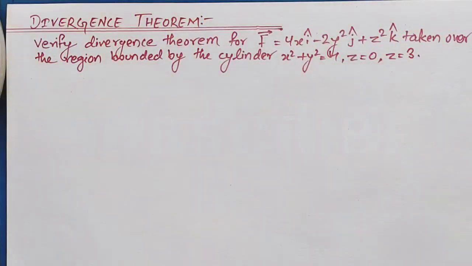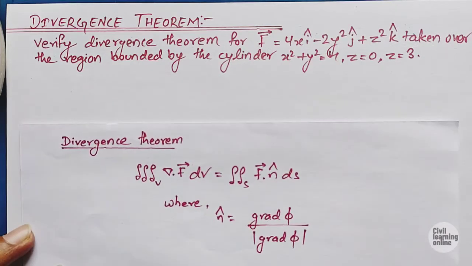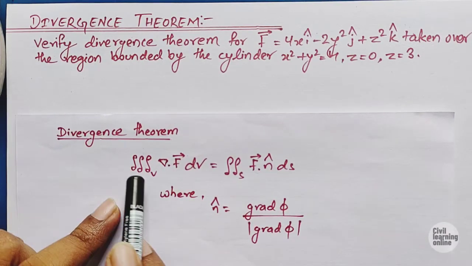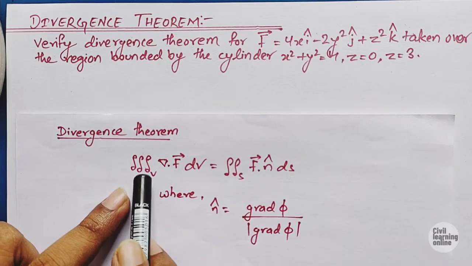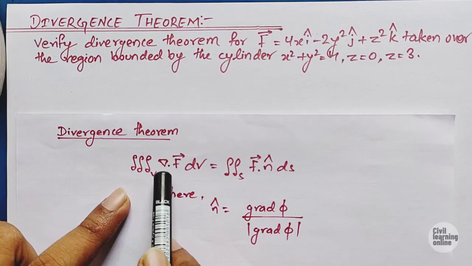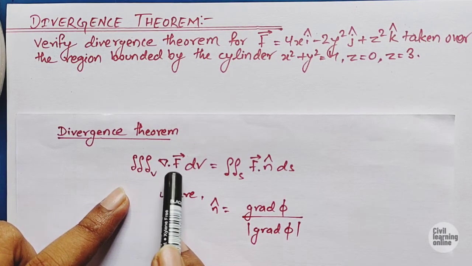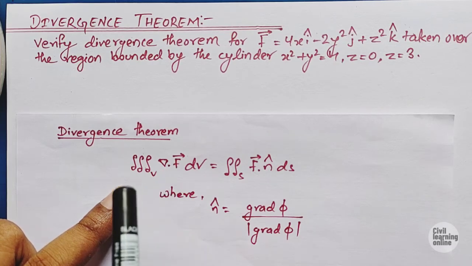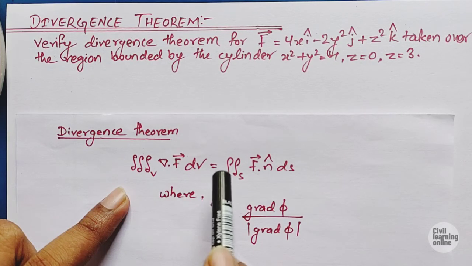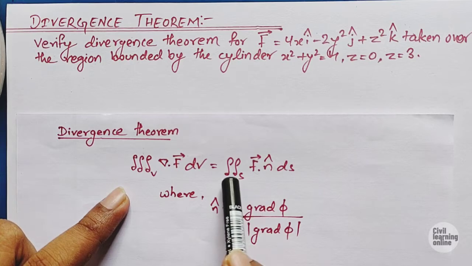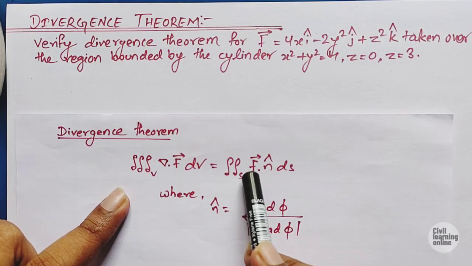So the numerical is about the divergence theorem. One must know what the divergence theorem says, and here I have selected it. The formula is: the volume integral of the divergence of vector f. Delta represents the divergence. It is not called delta, it is nabla, or del f vector. Del dot f, the divergence of vector f, will be equal to the surface integral of the product of vector f and